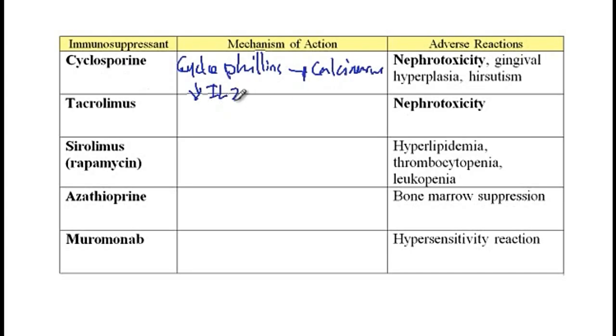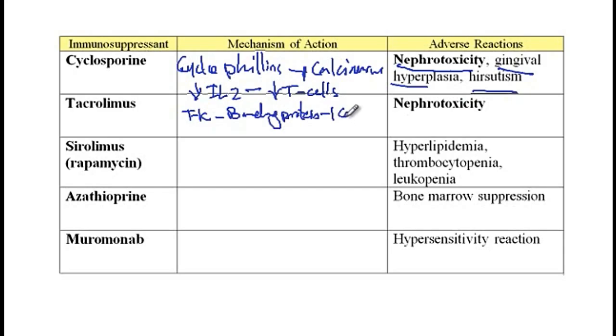And if you recall from immunology, IL-2 is required for the activation of T cells. So therefore, there would be decreased activation of T cells. It's also very important for you to know that cyclosporin is associated with nephrotoxicity, as well as gingival hyperplasia and hirsutism. The next medication is tacrolimus, and this is acting by binding to the FK binding protein, which, similar to cyclosporin, will inhibit calcineurin,